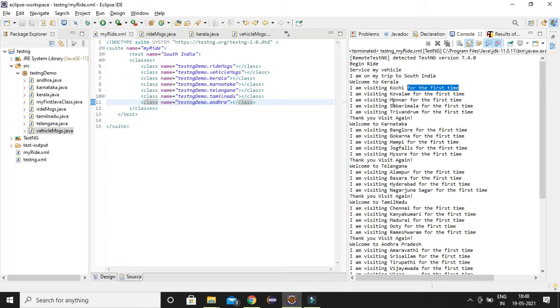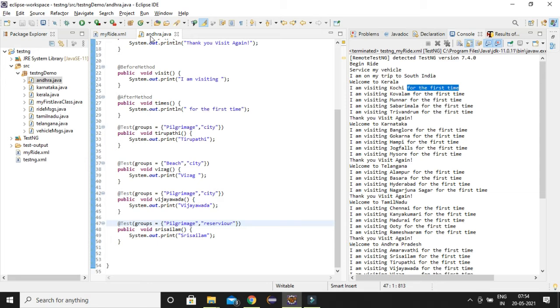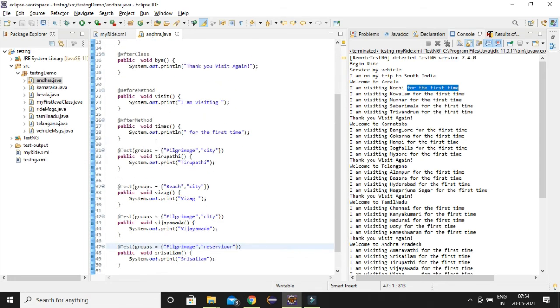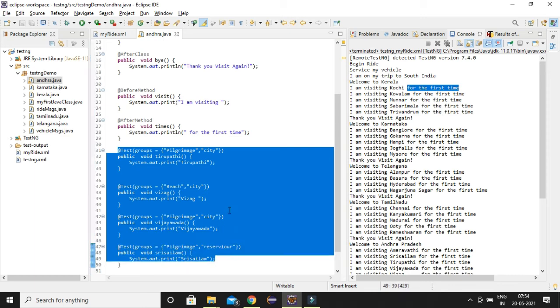Before going to that, first of all we have to know what groups are, and how to execute the logic before a group and after a group. Okay, so let's start with groups. Grouping is nothing but categorizing your tests. Okay, let's open one test class. So here we have multiple tests and I have grouped them into different categories.